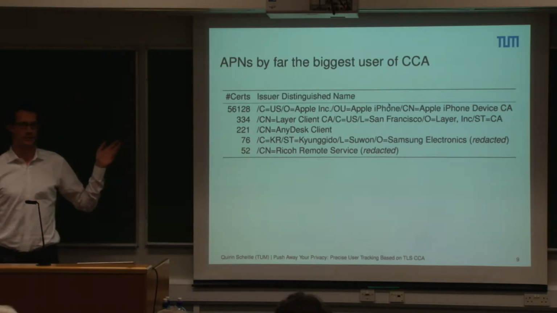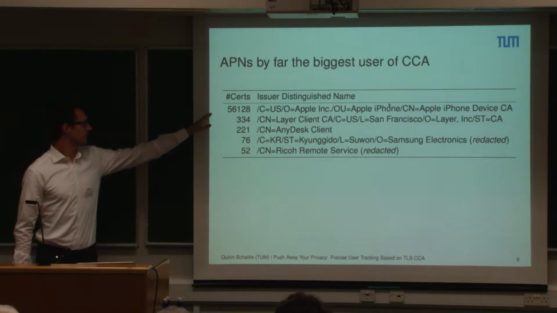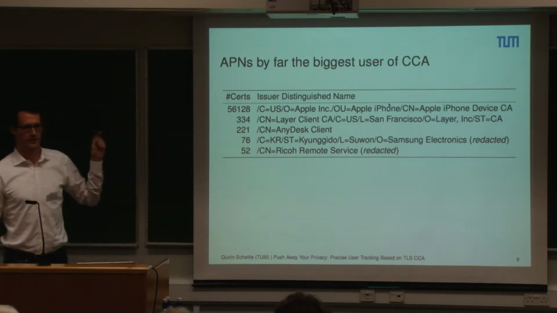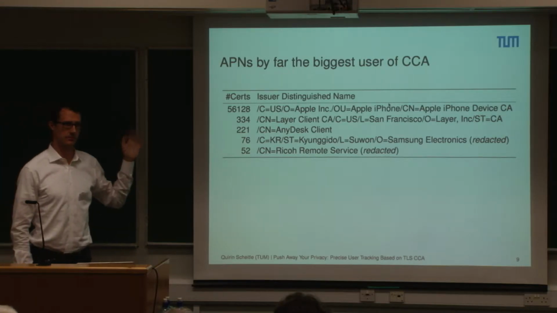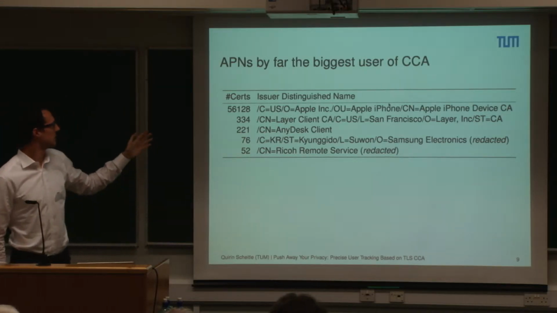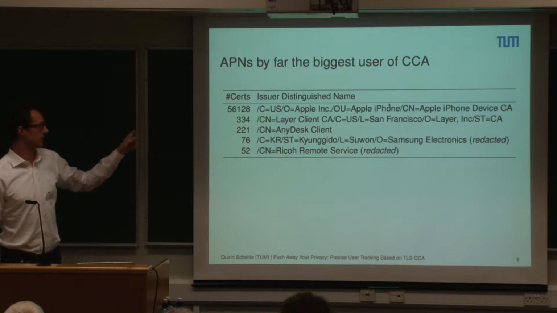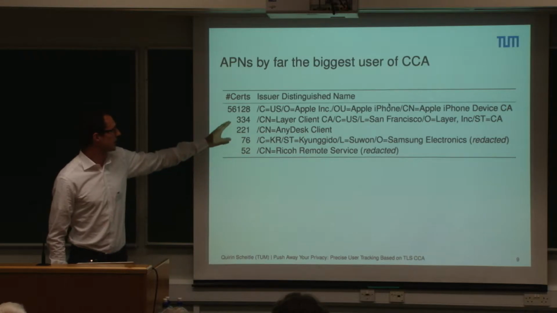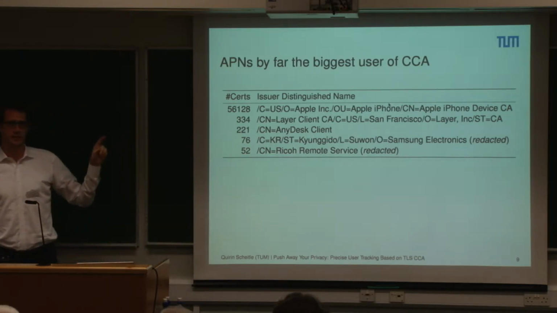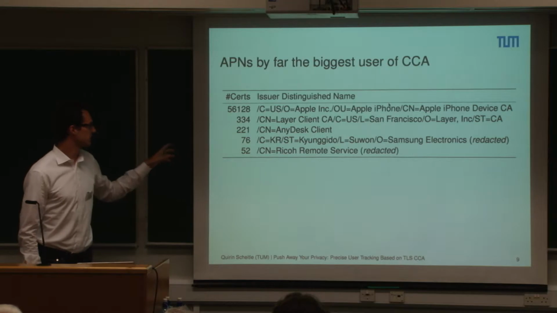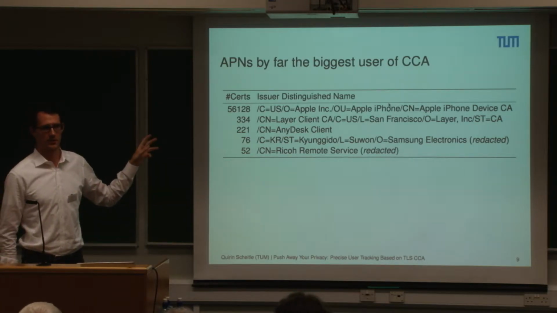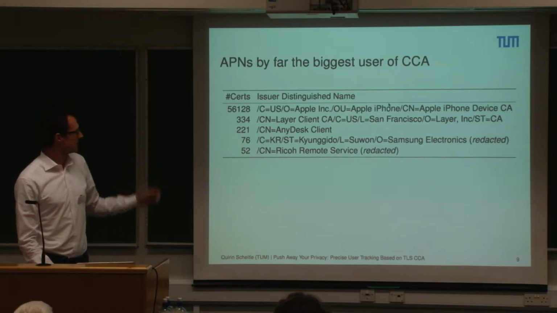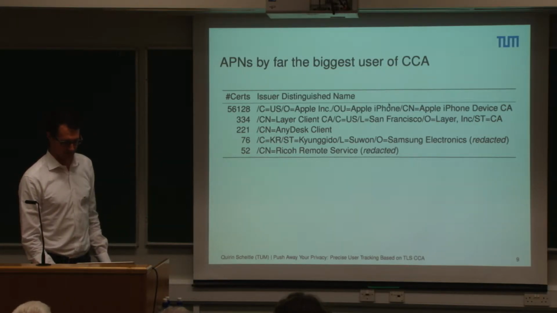So now if we look at all these logins that we've captured, the bulk majority is Apple, and 56,000 certificates in 2 weeks, that's a lot. That's really a lot. So if you do like HTTPS, TLS capturing, we would see 200,000 server certificates. So this is really quite a lot. And then there's some small baseline of VPN and stuff, but we only captured 443 and some APNS ports. So if you would look at port 1194, OpenVPN or stuff, you would probably catch a lot more of these certificates. But clearly, APNS is the bulk in that case.